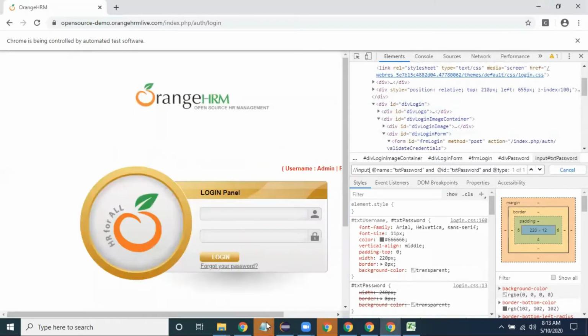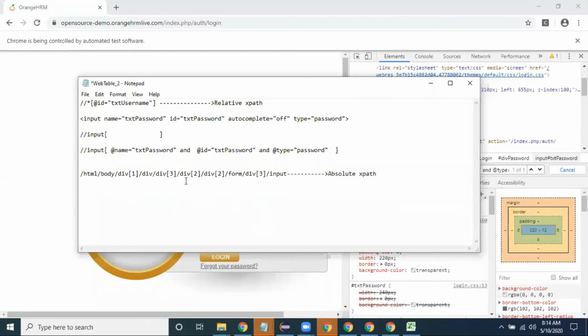Then the absolute XPath will change because he didn't inform me. If I develop my logic with absolute XPaths like this, my object XPath changes, so everywhere I need to amend my script in all the programs.